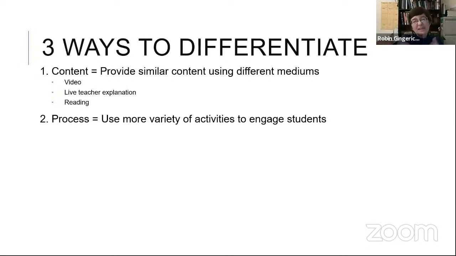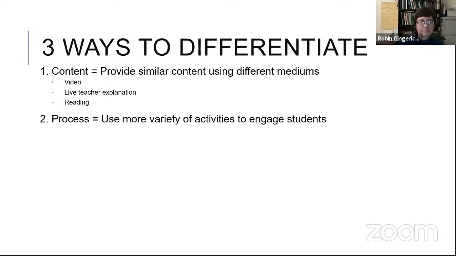Other students might need the video. They might need an extra video to watch at home to catch up a little bit. Other students might need the extra reading, the extra practice. So you don't need to deliver the same content in the same medium to all students. You might differentiate and explain it to everyone, but give a few students the video link and a few students the reading link.